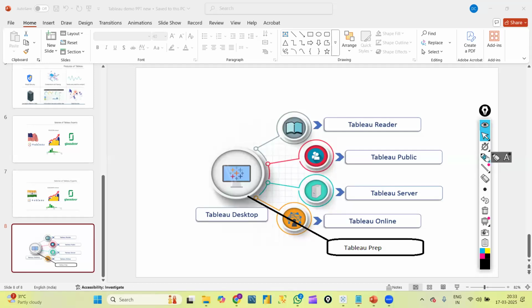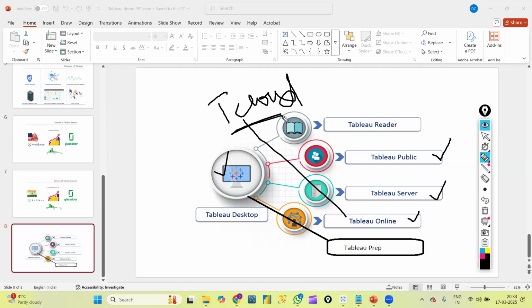Perfect. So Tableau Desktop we understood, Tableau Server we understood, Tableau Public we understood. Now what is Tableau Online? Nowadays we are calling it Tableau Cloud. Previously we used to call it Tableau Online. Both are the same. Basically, we will create our own Tableau Online account or our own Tableau Cloud account. I'll show how we are going to create it, but by using those credentials only